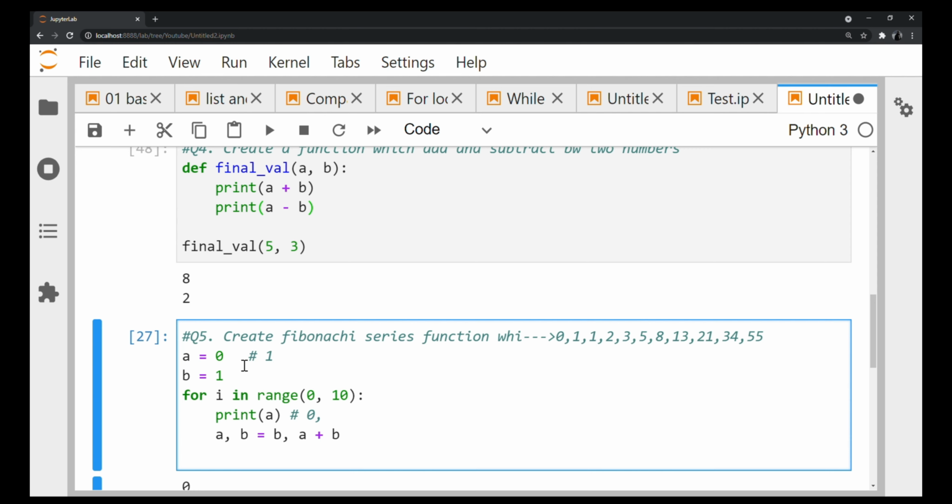Okay, understood this? Try to understand this clearly, guys. This is very important. I am simply saying A equal to B, and this is how you assign a value to something else, right? So if I'm saying the value of A is changed and it is changed to B, whatever is the value in B, I want it to take in A. So that is how 1 is here in A now. Now what is my B here? I'm explaining, my B is also changing, and now this is A plus B. My A is 0, my B is 1. This is not yet run, so the value of B is not changed, guys.